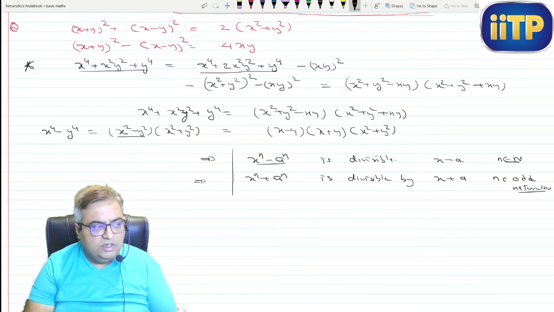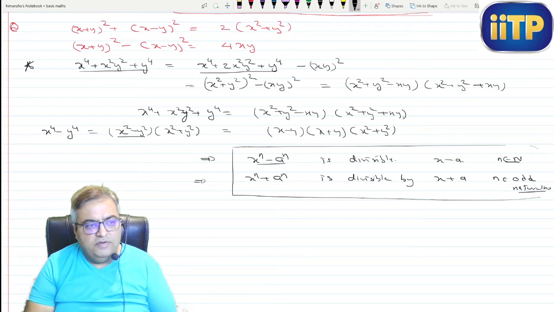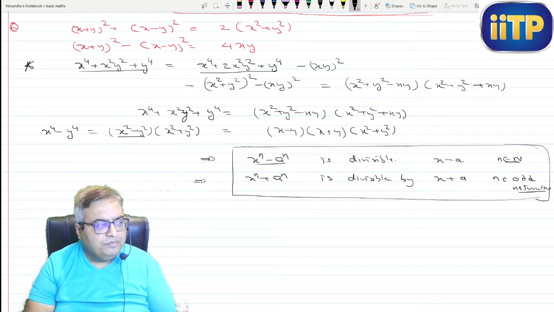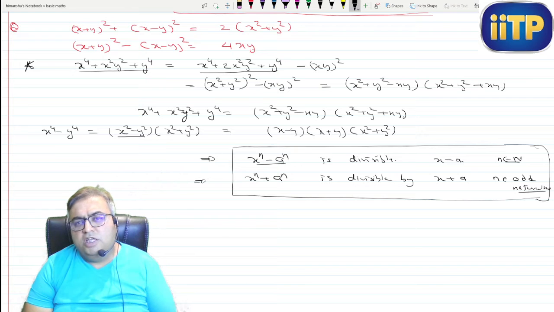So always remember this result, which can be utilized in many questions in which a bit of number theory is utilized. This is the result which has been widely utilized in exams like KVPY or Olympiad, those types of exams. Now, till now we were doing the formulas based on degree 2. Now let's move on further.